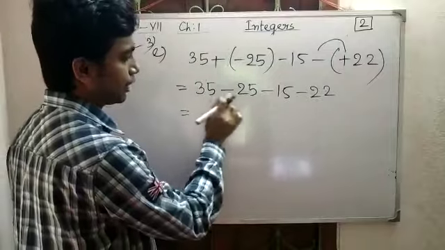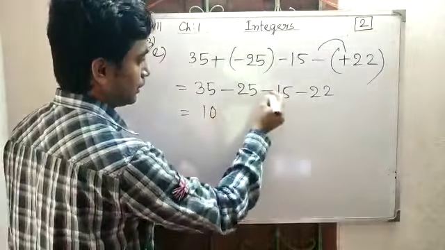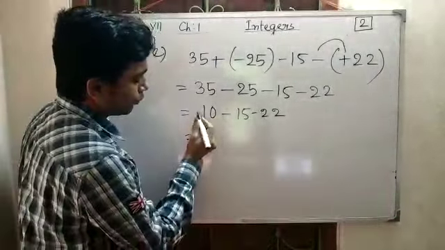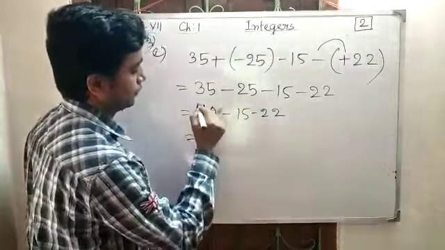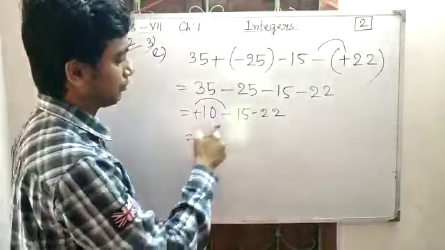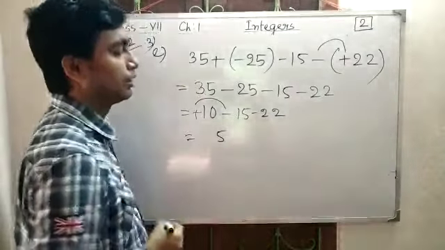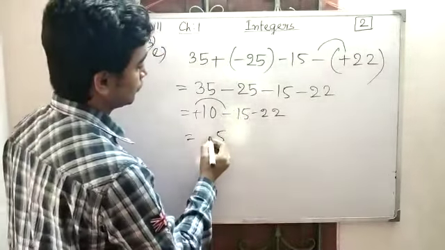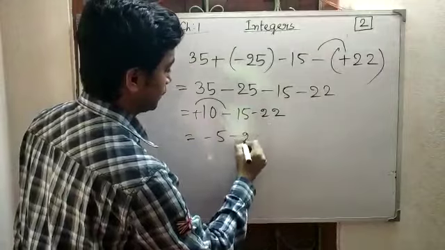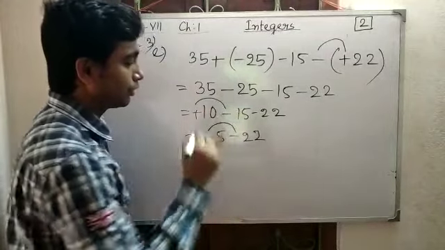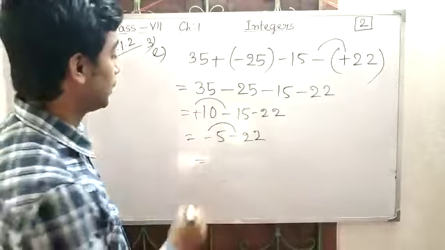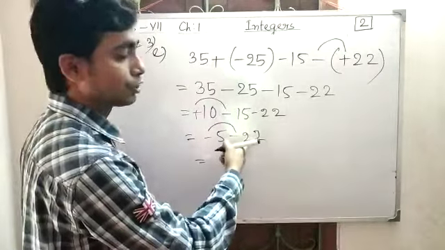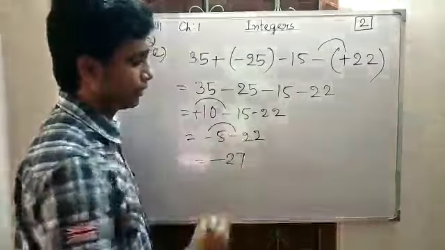Okay. So 35 minus 25, that is 10. Then minus 15 minus 22. Okay. Again, no sign is there. That means it is plus. So they are different in sign. So we have to subtract. So 15 minus 10, that is 5. Now sign of the greater integer. Which one is greater, 10 or 15? 15, so it will be minus, then minus 22. Again, now both are same in sign or different in sign? Same, so you have to add 5 plus 22, that is 27. Now sign of the greater integer, so 22 is the greater integer, so it will be minus.